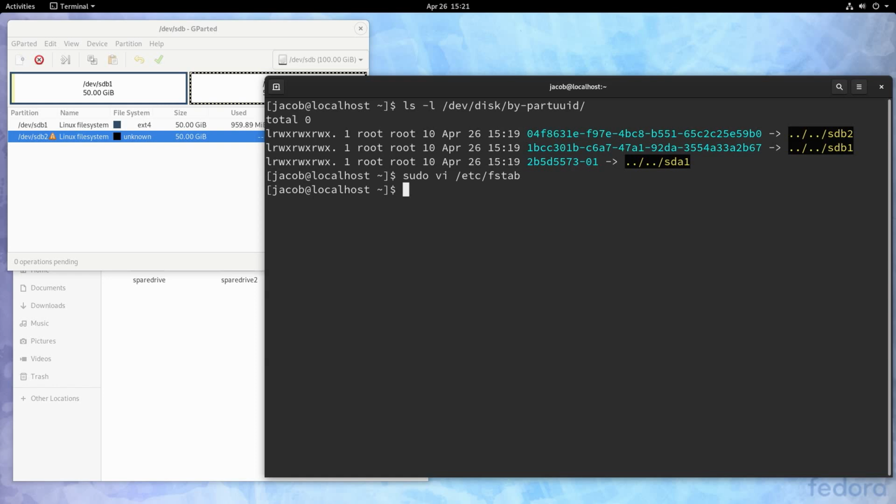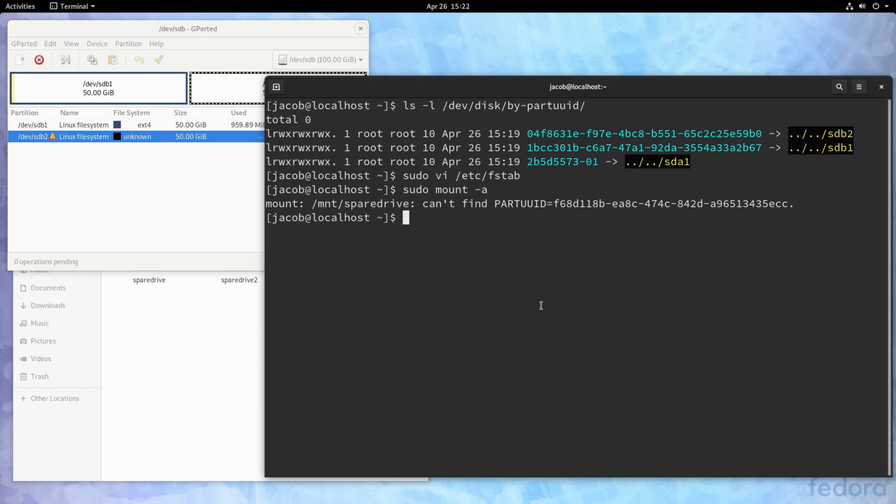And now we can run a sudo mount -a to mount all of the partitions in fstab. This is not going to work. I already know it's not going to work, and props to you if you caught it. So I'm going to hit sudo mount -a, and you can see we had an error. And the error wasn't on our new second partition. The error was for our first partition, mount spare-drive. It can't find the PARTUUID.